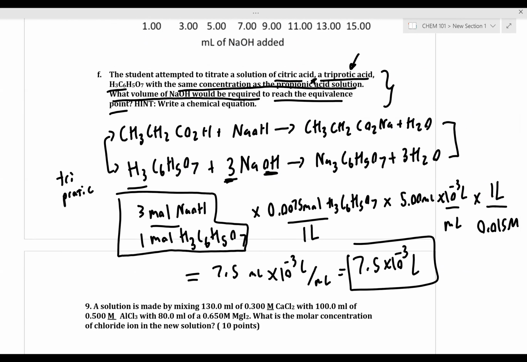So let's show that. So we have 0.0075 times 5 times 3 divided by 0.015. So in the end, we would expect, given the molarity of our sodium hydroxide solution, that it would take,